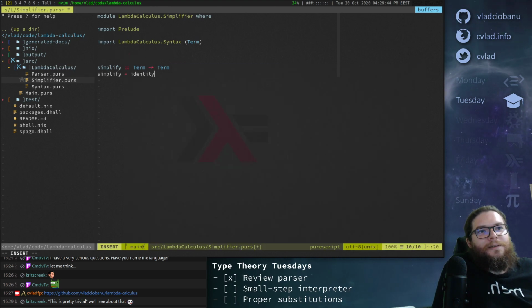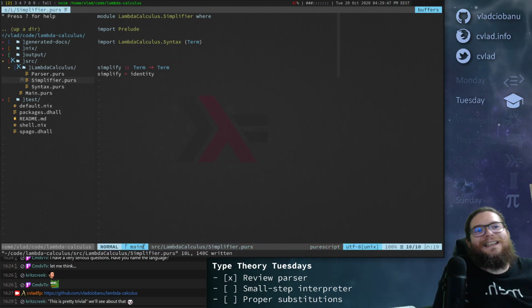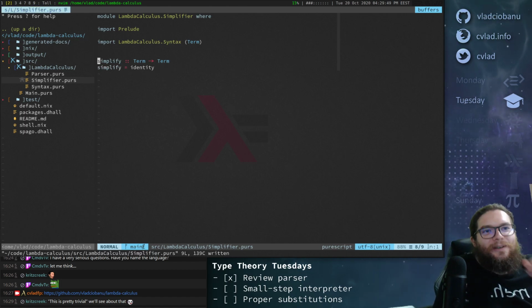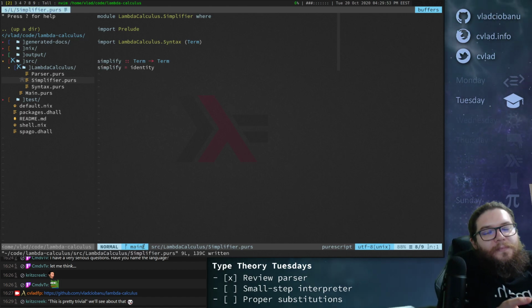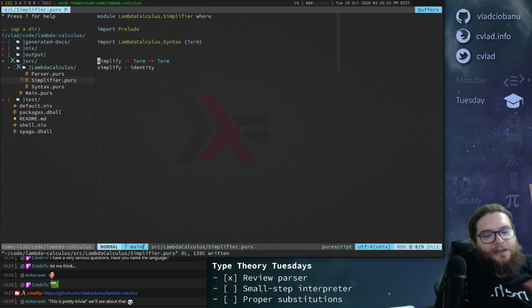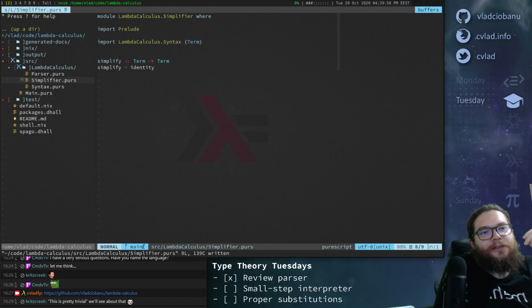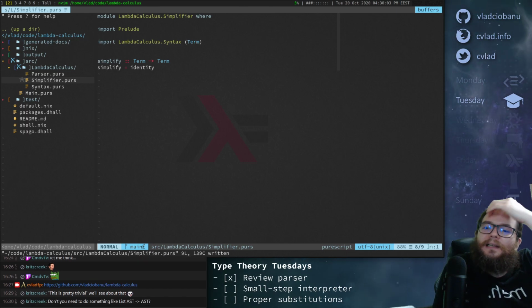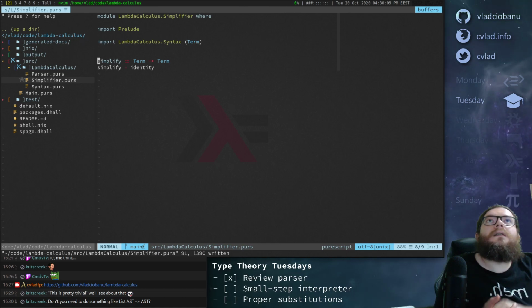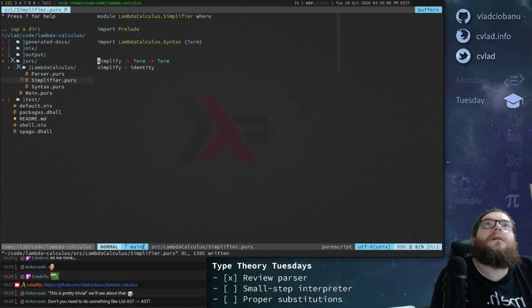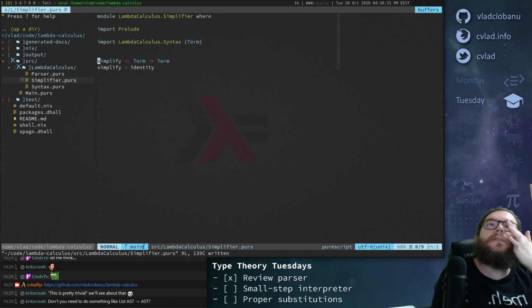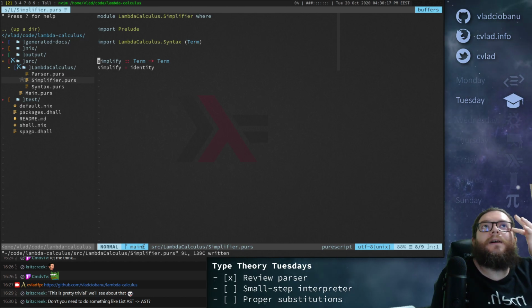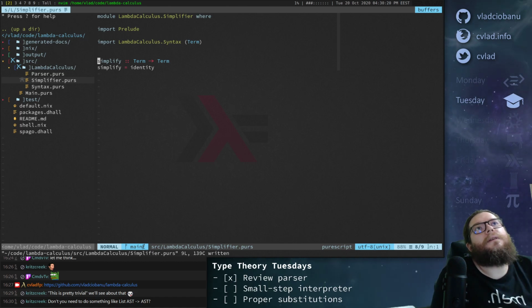Where is prelude? And we're done. But no, seriously, this is the thing that we need to implement, right? But obviously the identity is not the correct implementation. And here, don't you need something like list AST to AST? Maybe. Assuming that we use functions from the AST, right? We use, yeah.